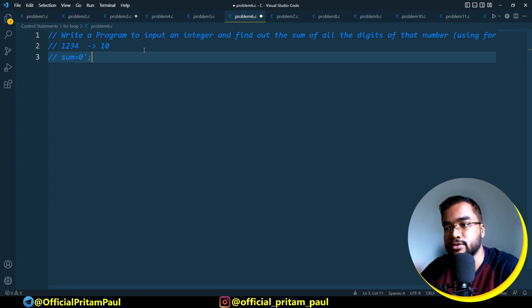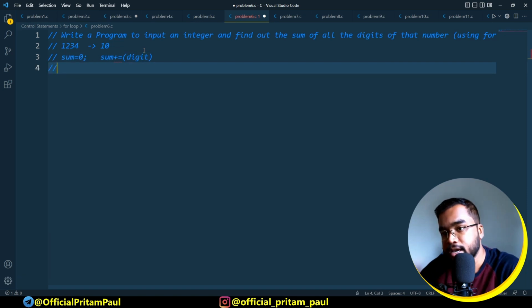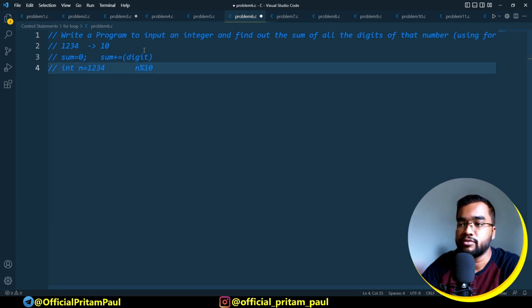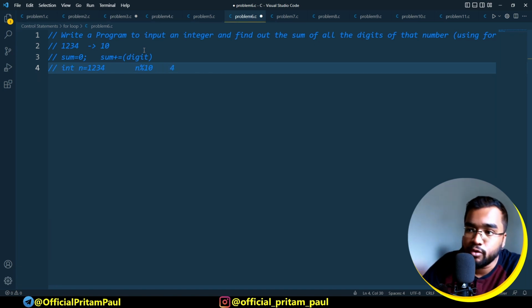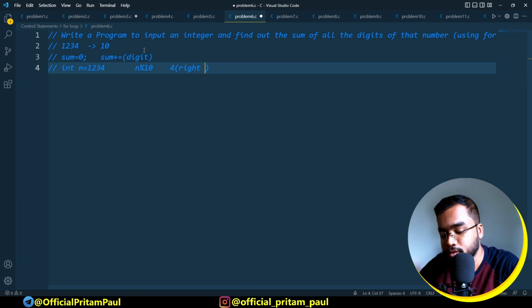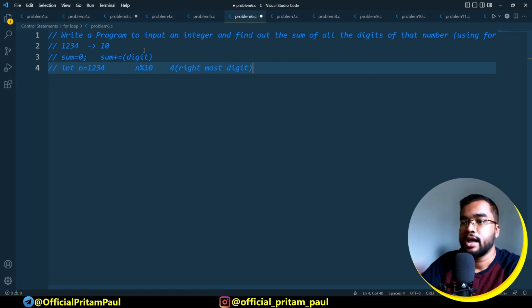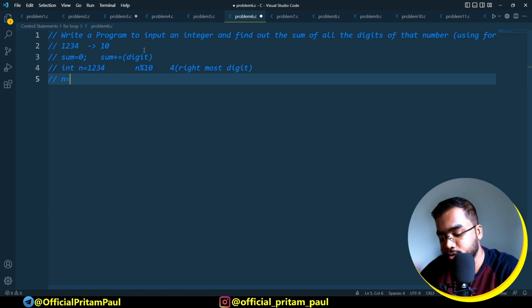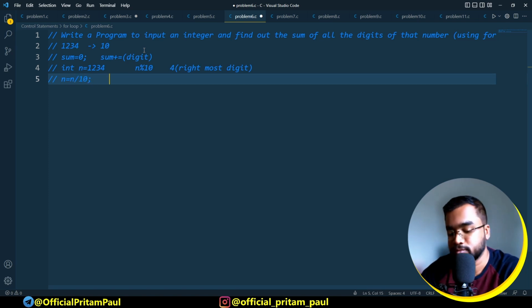If we take sum equal to 0, and then do sum plus equal to the digit, we need the sum of the digits, right? So how to find the digit? Obviously, if the number n equals 1 2 3 4, and if I do n modulus 10, what would be the value? n modulus 10 would be 4, obviously. 4 would be the rightmost digit. And then if I do n equal to n divided by 10, then the value would be 1 2 3, obviously. 1 2 3 4 divided by 10 would be 1 2 3,